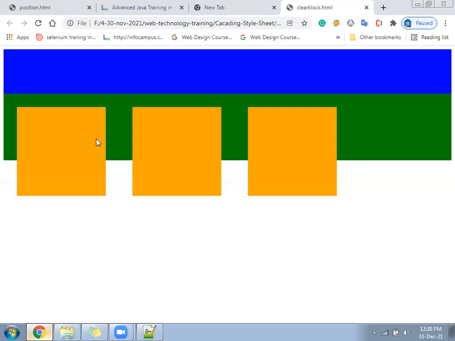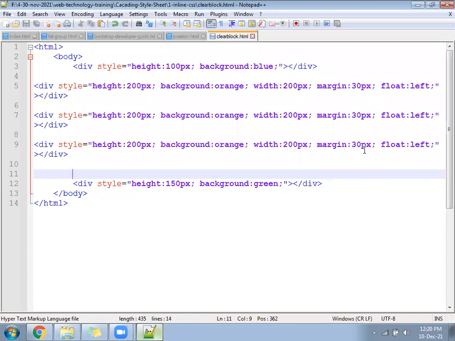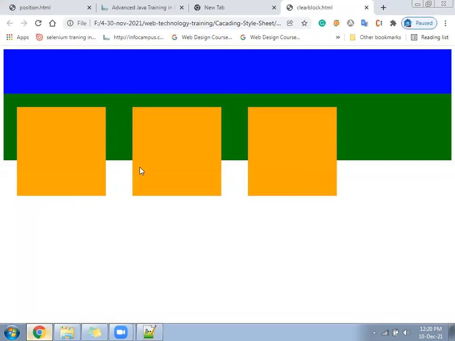Now in this you can see green is up or yellow is up? Who is up, who is down? While looking we feel yellow is up and the green is down. Look inside the code where we have applied float left. The middle 3 divisions we have applied float left. First division no float left, last division also no float left. When we come to the browser, how many divisions feel like they're hanging? 3 divisions, orange, orange, orange. This looks like it's hanging on the wall somewhere.